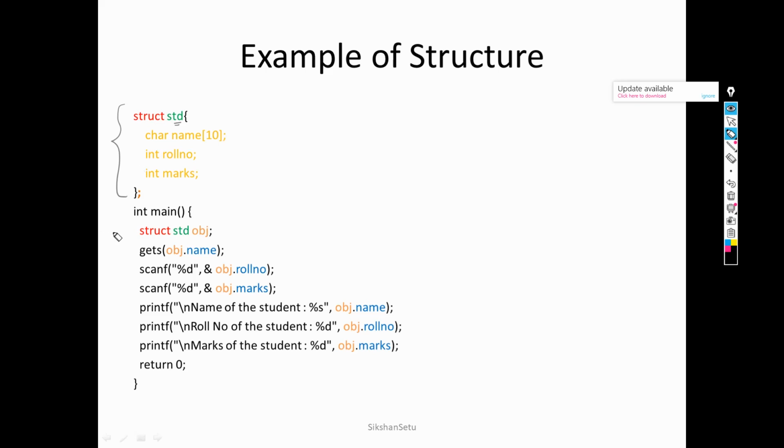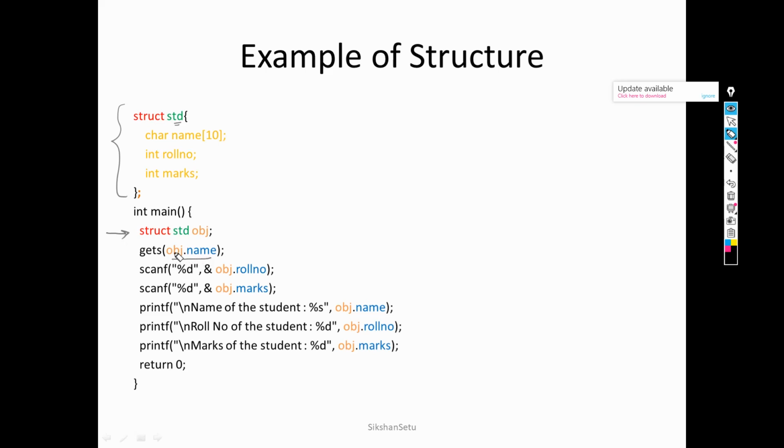Now the second important part we have seen was object declaration. So here you can see, since the name of the structure is struct std, my data type here is struct std and the object name can be anything. I have written obj. Then we have seen the third part, how to access your data members within the main method.